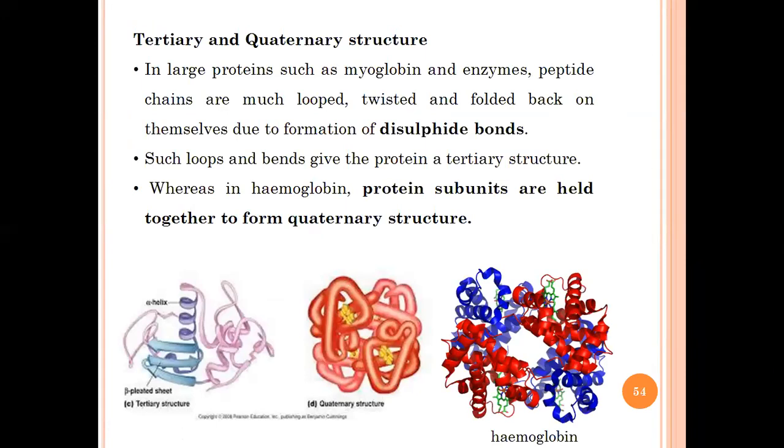Now coming towards the next part, that is the tertiary and quaternary. As I mentioned, many large proteins like myoglobin वगैरह, they actually have a different structure जहाँ पे वो एक के ऊपर एक उसका secondary structure fold किया जाता है, and then they are linked together with a specialized bond, that is a disulfide bond, which is a covalent type of bond. Okay, and this gives the protein a typical tertiary structure.